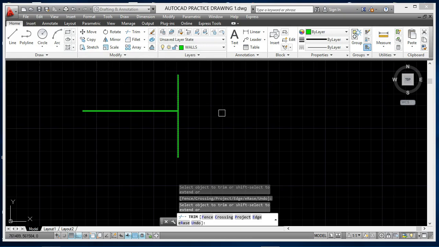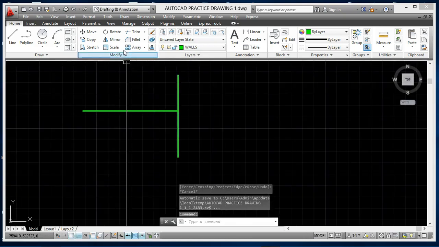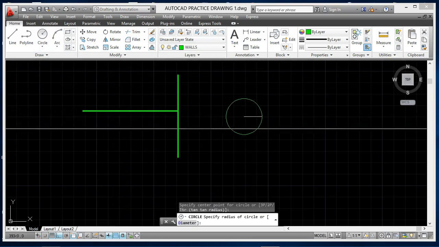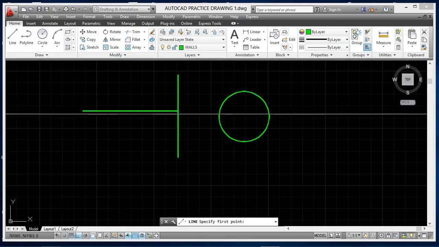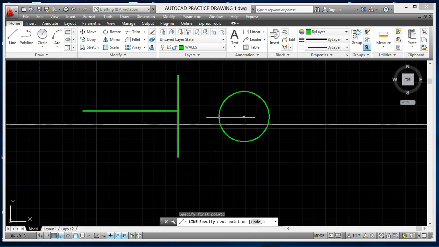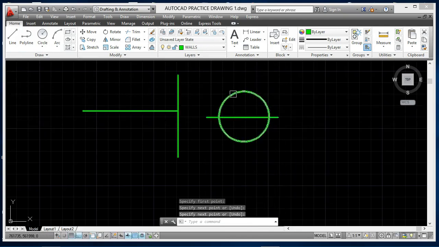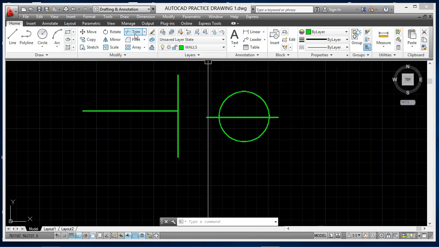Now, can the trim command be used with other entities? Let us try it. For example, let us say there is a circle. Therefore, I draw a circle, and within that circle, suppose I draw a line which is going across this circle. Now, if I want to get rid of this part of the circle, then I can do that by using the trim command. So for that, let me go to the trim command again,